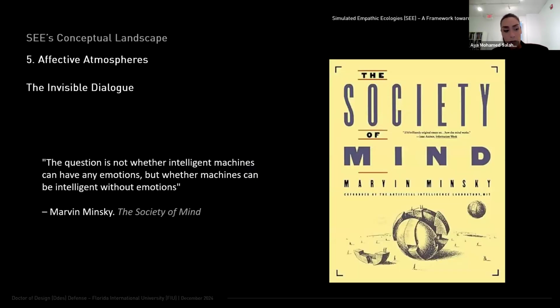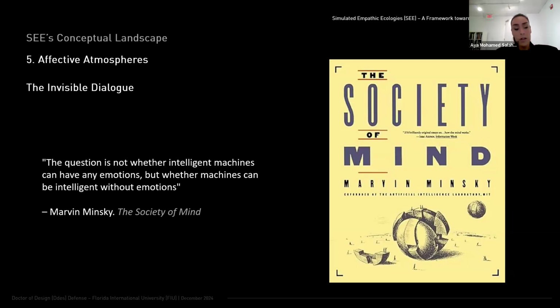So that takes us to the final layer of the conceptual landscape. It was important for me to set the scene to this point, which takes us to our spaces being almost like machines and computational interfaces that we expect or desire some sort of responsiveness from. And the affective atmospheres layer is really when I start talking about affect and the potential influence of taking emotion into consideration.